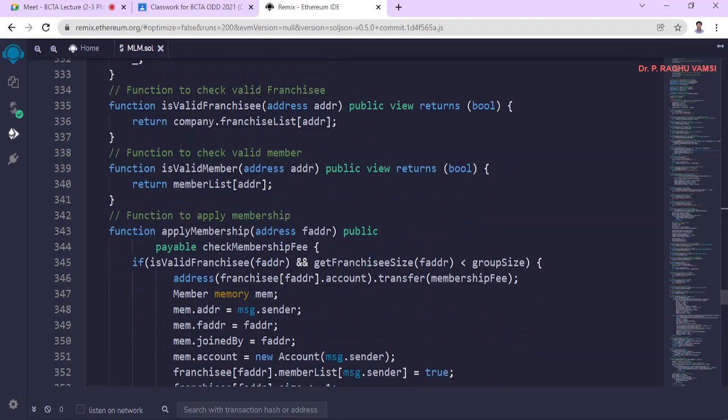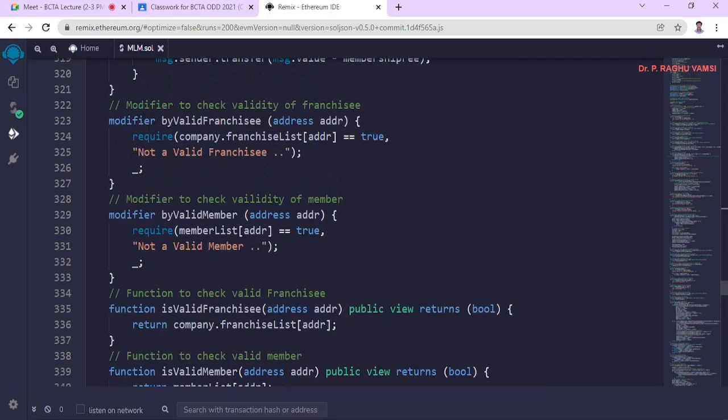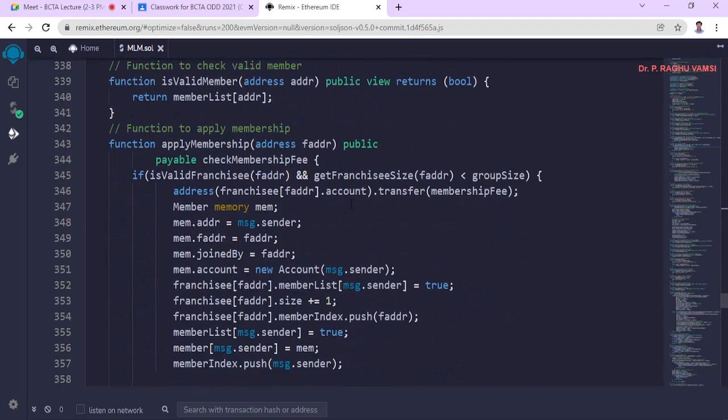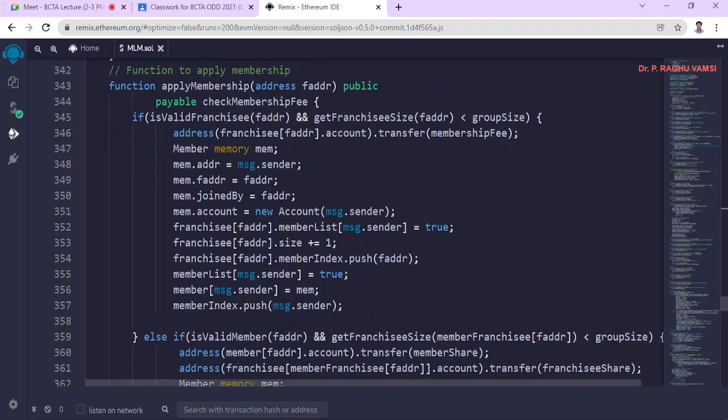In order to apply membership, first you have to check the membership fee. The check membership fee modifier is there, so automatically the membership fee will be checked. Once the membership fee is checked, then is valid franchise, to whom you are applying, and get franchise size. Check whether the franchise size is less than 25 or not. If it is so, then go for creating the address, creating the member, and that member will be added to the members list. Otherwise,